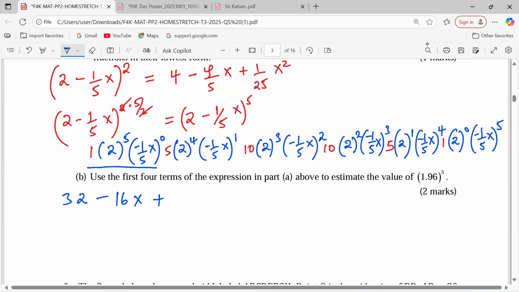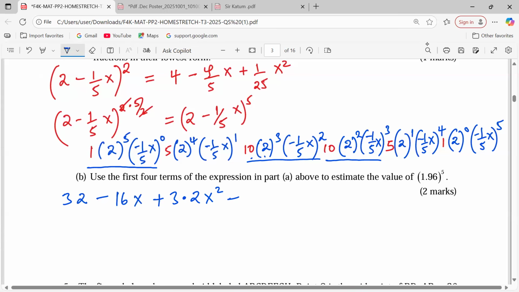So we start with 10 multiplied by 2 power 3, which is 8. Then we have negative 1 over 5x being squared. So this will be 10 multiplied by 8 multiplied by, when you square, it becomes positive 1 over 25. And that will be 3.2 x raised to power 2, minus the next term, 10 multiplied by 2 power 2,